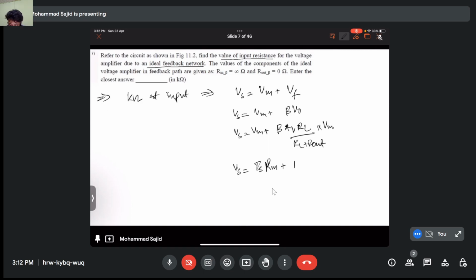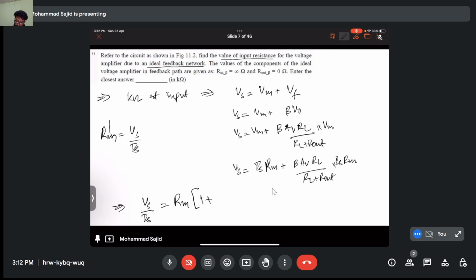Is times Rn plus beta times AB RL divided by RL plus R out into Is times Rn. My Rn dash, that is the total input resistance, will be given by Vs by Is. So my Vs by Is will be Rn plus beta times AB dash, where AB dash is this. We calculated it in the previous step as well. So it comes out to be